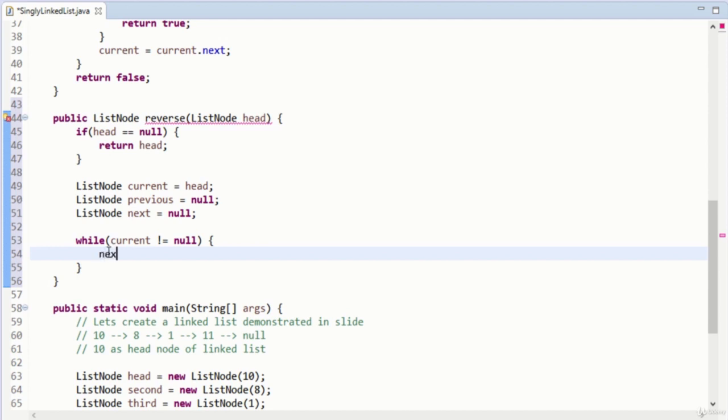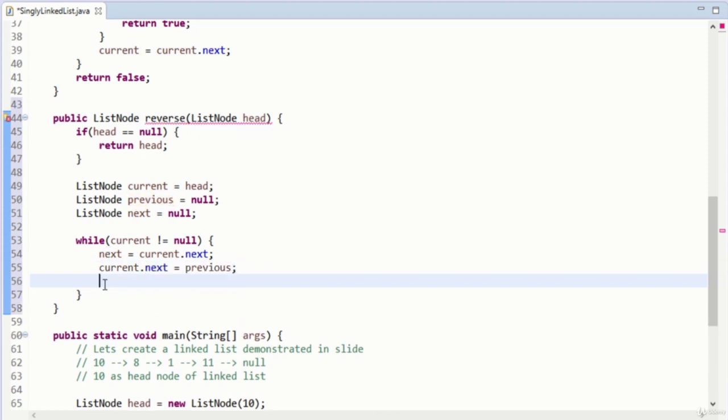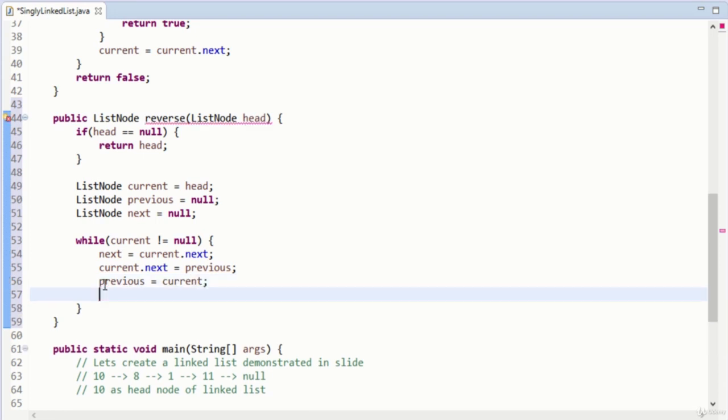Here to next, we'll assign the value current dot next, and to current dot next we'll assign the value previous. To previous we'll assign the value which current holds, and finally to current we'll assign the value which the next variable holds.